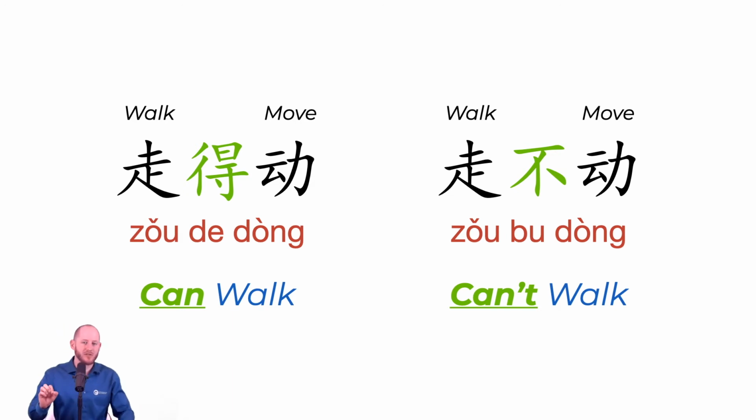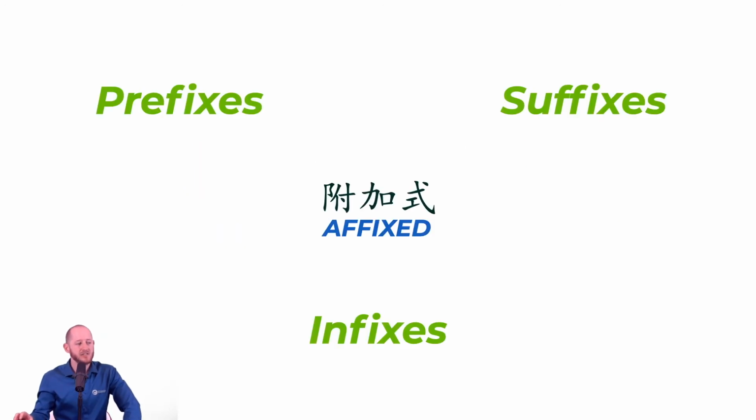So just remember that when you see a verb result like 走动 or 听懂 or 吃下, 吃下 means to eat down, like get it down, eat something down. 吃不下 would mean I can't even eat it down, right? Whenever there's a 不 or a 得 in between the verb and the result, it's saying the result can be achieved through the verb or the result can't be achieved through the verb. It's really that simple. So that's infixes.